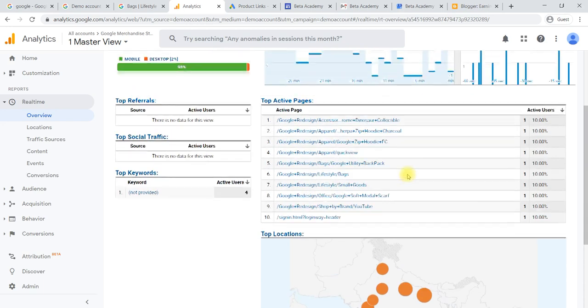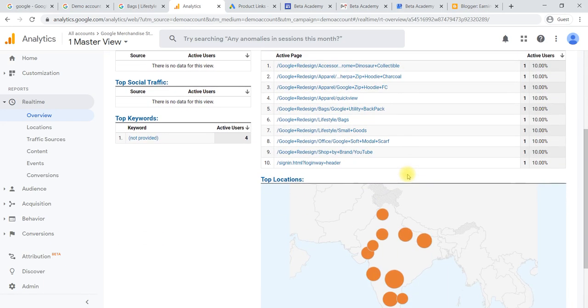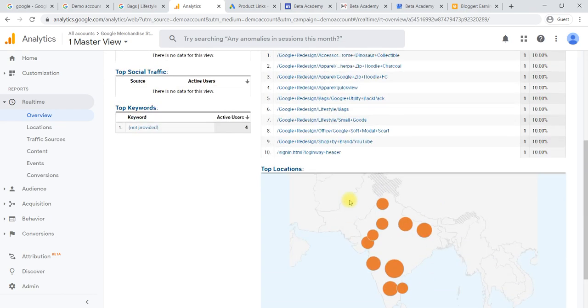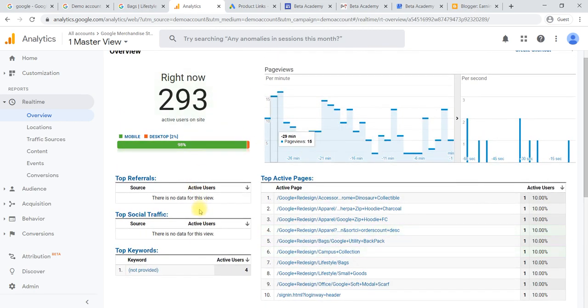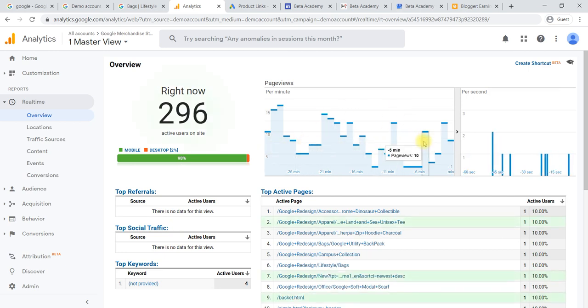In an overview, it will help to track the campaign. You will come to know which part of the country your campaign is reaching, which products they are purchasing, and how many of them were referred or came by using social media to enter your website. And minute wise we'll come to know what the trend of the users is. All these things you can check in an overview.